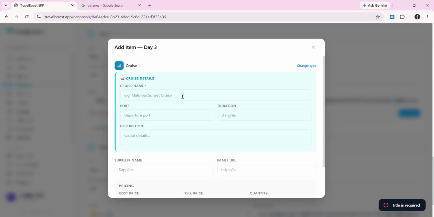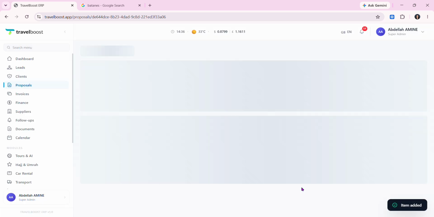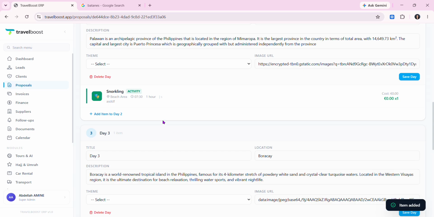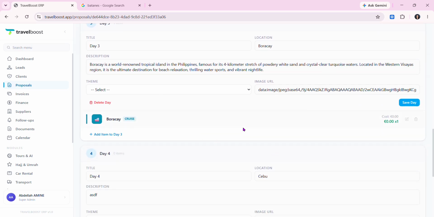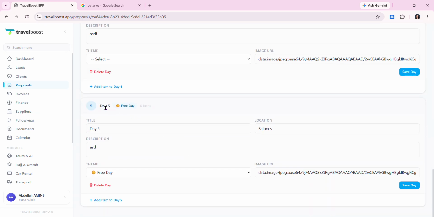Then add item, for example, Boracay. Then add. And this one, cruise. Day 4, we have Cebu. Same as in day 1 to day 3, it has an item, of course. For day 5, which is a free day, we have Batanes.